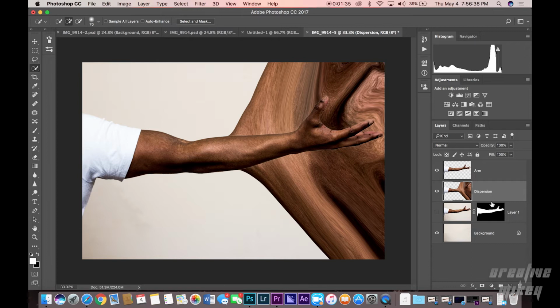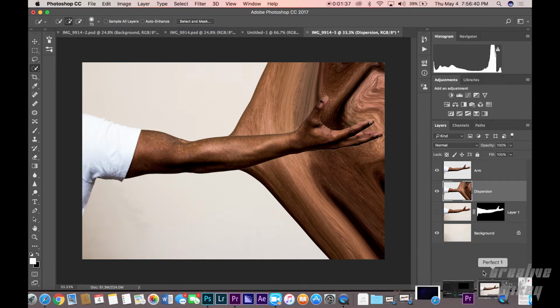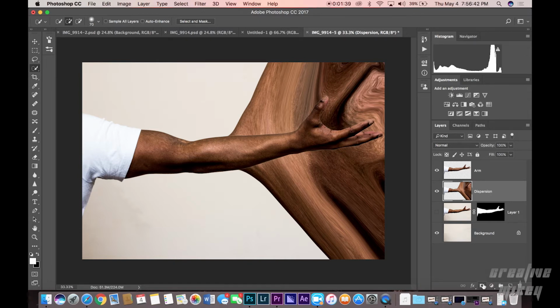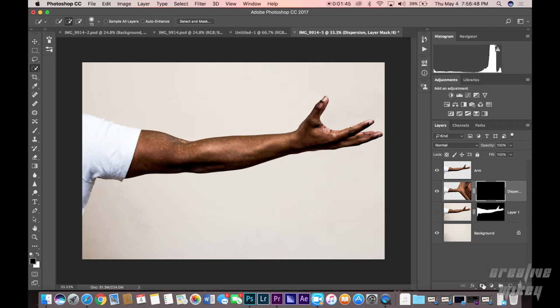And then you want to stay on the dispersion tab right here. And then you want to go down right here and add new layer mask. But you want to hold Alt and then click add new layer mask, and it should pop up with the black screen. Then you click on the arm tab and you just add a new layer mask, it will come up with the white screen. So you want to stay on the arm,